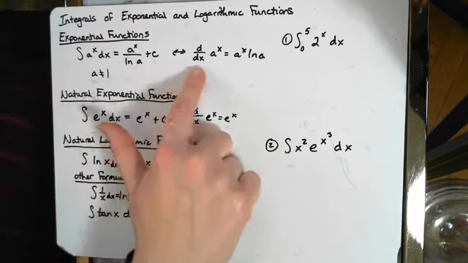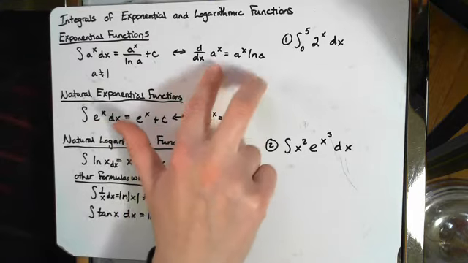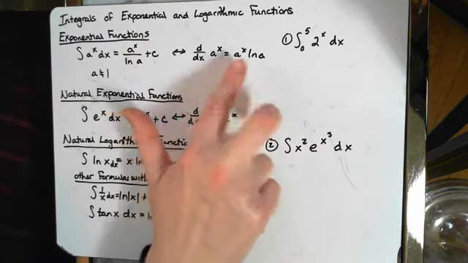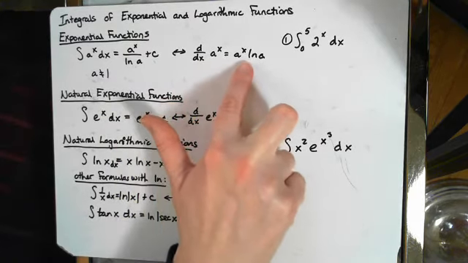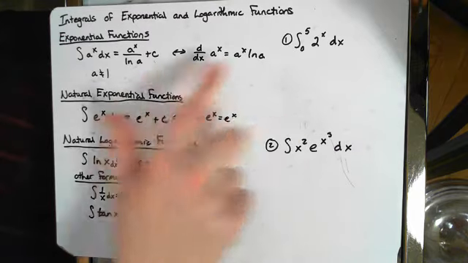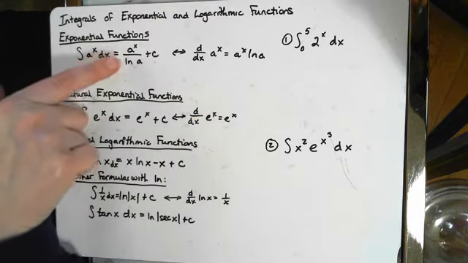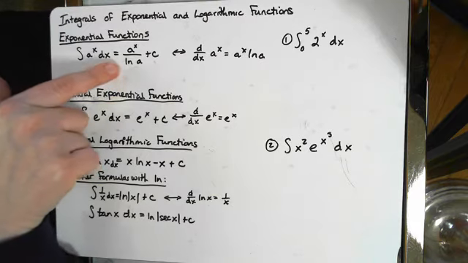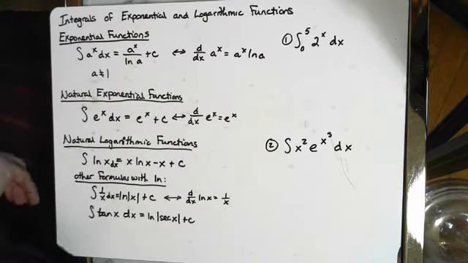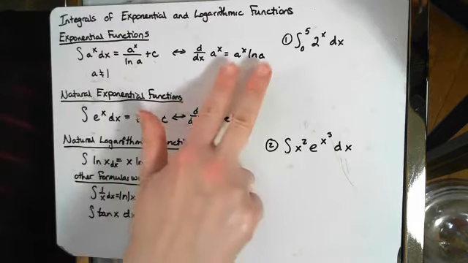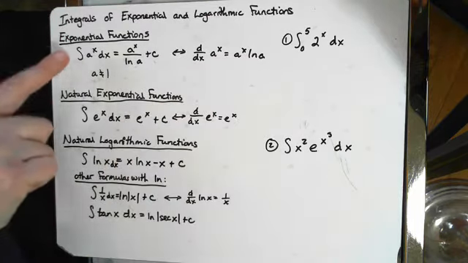Now, I did write down the derivative formula. Notice these formulas are very similar. The derivative, you have a to the x times the natural log of the base. Here you have a to the x divided by the natural log of the base. They're very, very similar formulas. So that helps me remember them, to remember that the derivative is where you multiply and the integral is where